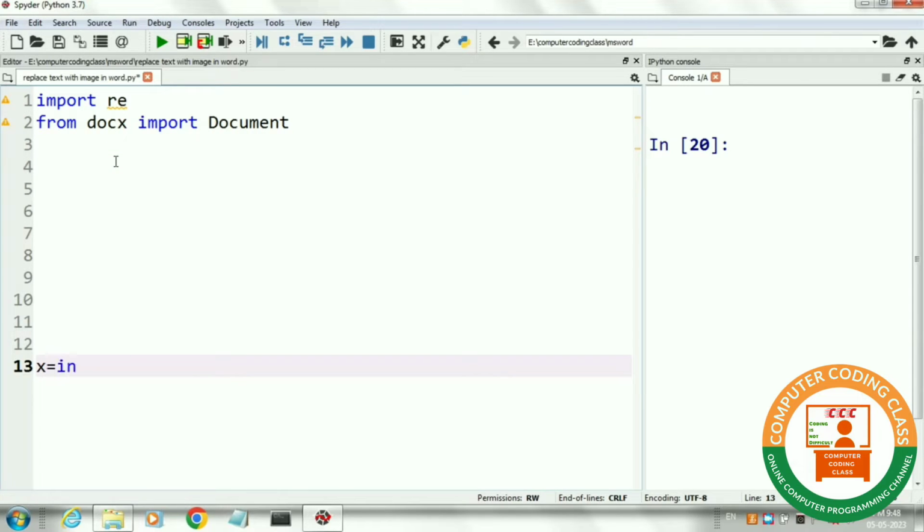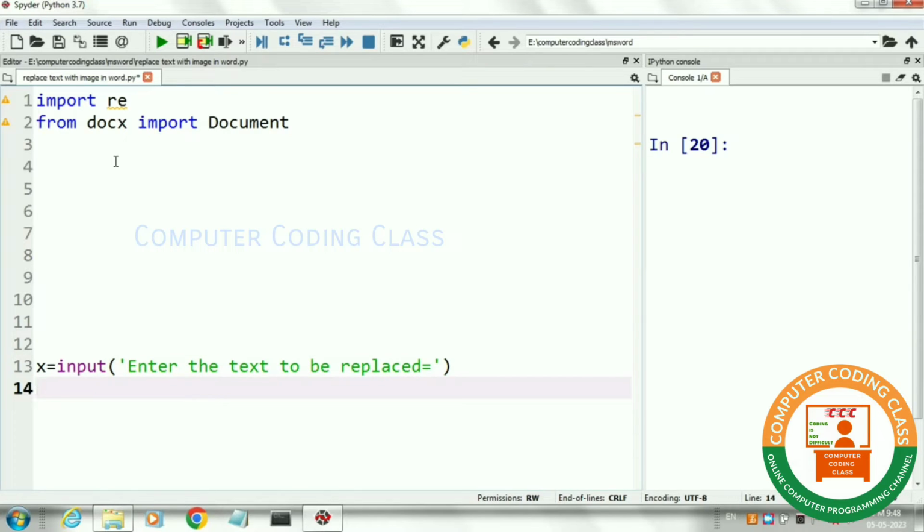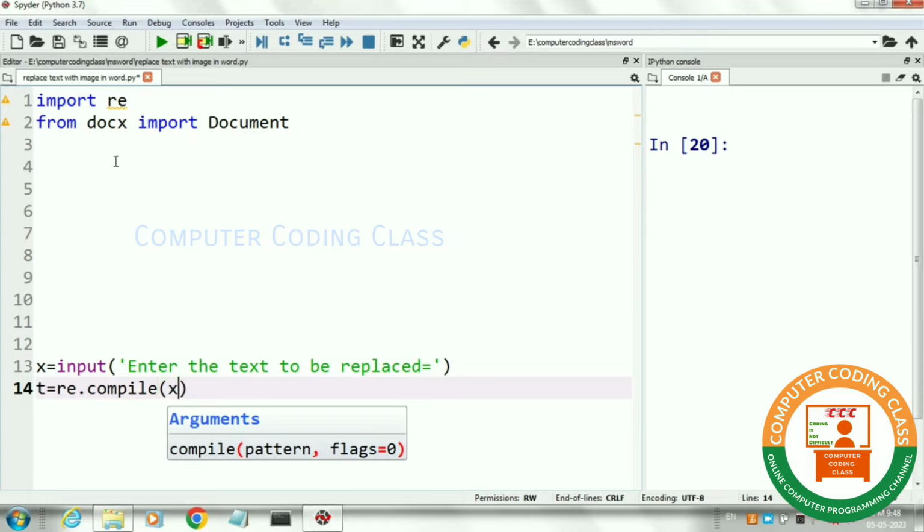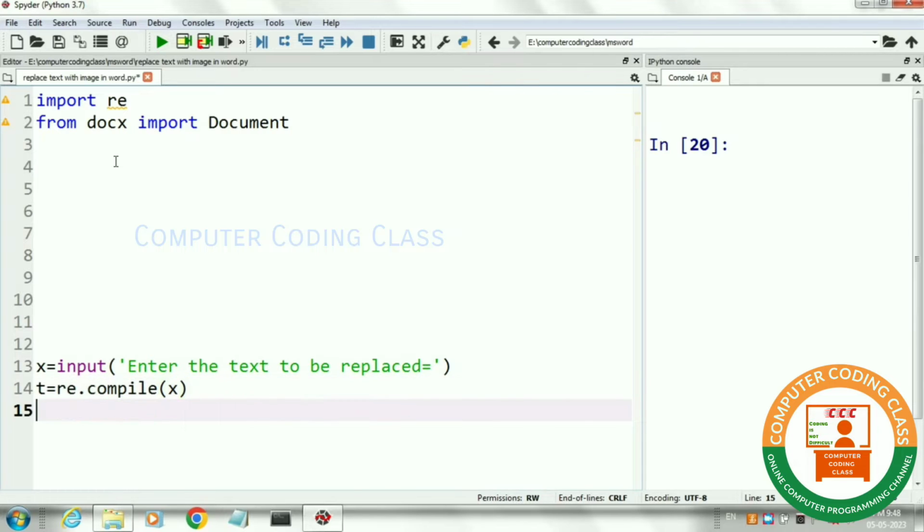Next we will import the word which we want to replace and save that string in a variable x. Next we will convert this string into a regular expression and save that expression in a variable t. Here we will use compile function for conversion of a single string into a regular expression.